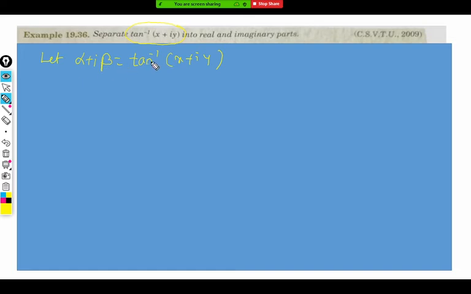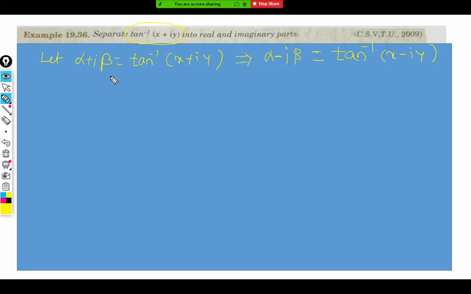Now one way is to convert this tan inverse on the left-hand side, we get tan of alpha plus i beta, and if we simplify it, we get x and y in terms of alpha and beta. But our aim is to get alpha and beta in terms of x and y. So for that, there is one property you should remember. Whenever alpha plus i beta is tan inverse of x plus iy, then alpha minus i beta, its conjugate, is tan inverse of x minus iy. This is already given in the formula list. You can go to the formula list and you will find it there. This is something you should remember mainly for tan inverse only.